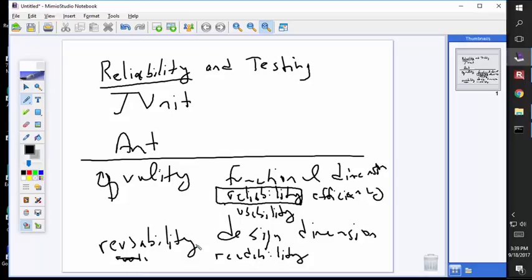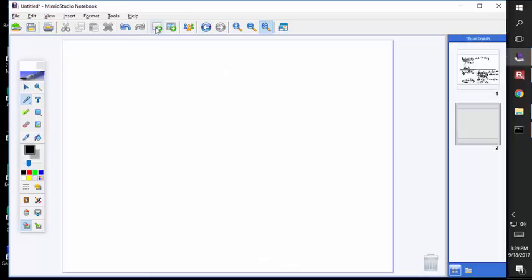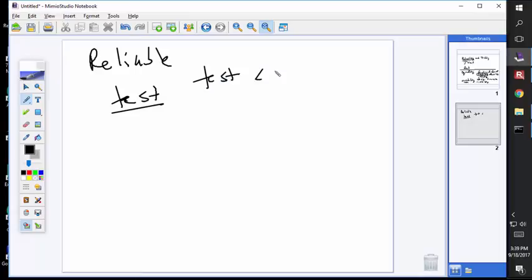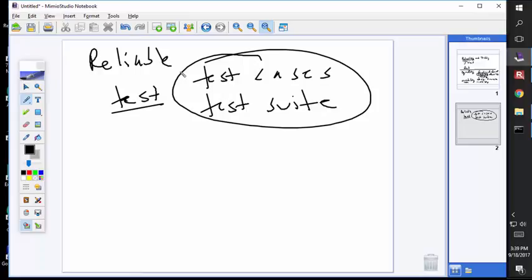So, in order to make our software reliable, we need to test it. That's really the only way. We have to come up with test cases, and once we've developed a whole bunch of test cases, we have a test suite. Unfortunately, that means we have to develop a whole bunch of code just for testing. So we're going to end up with production code, which is the program we actually want to compile and deliver to our clients. But we're also going to end up with a whole bunch of test code,